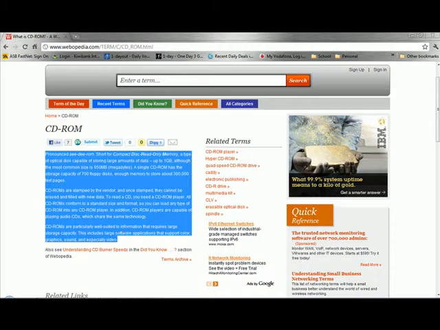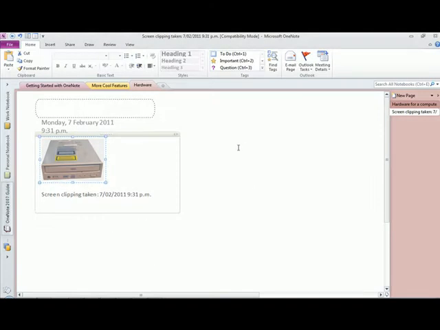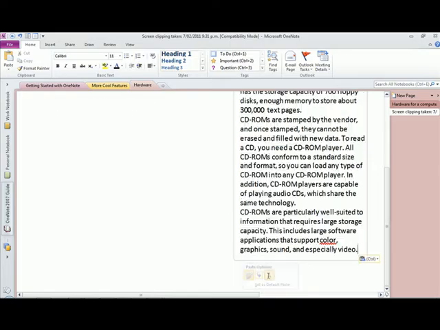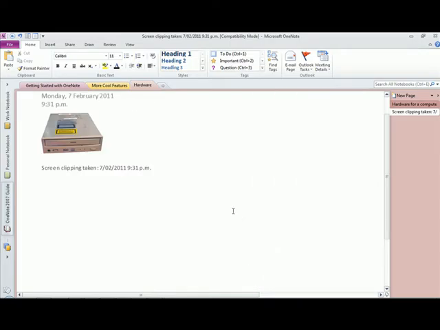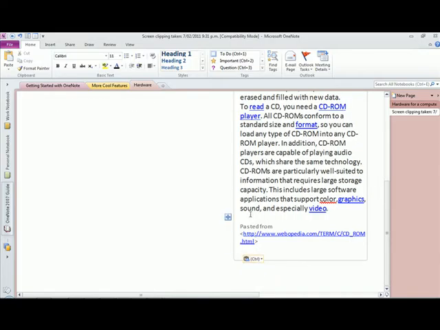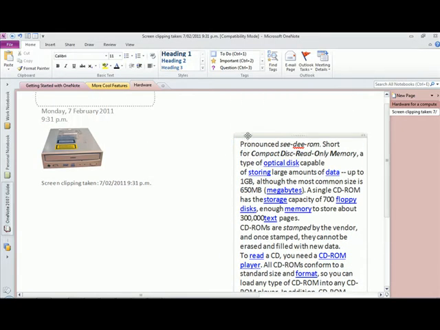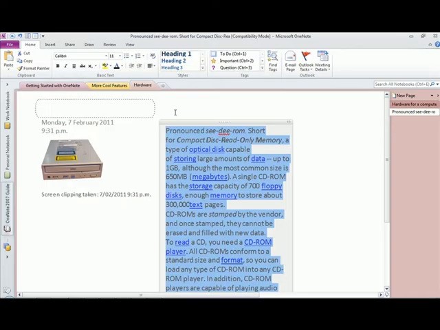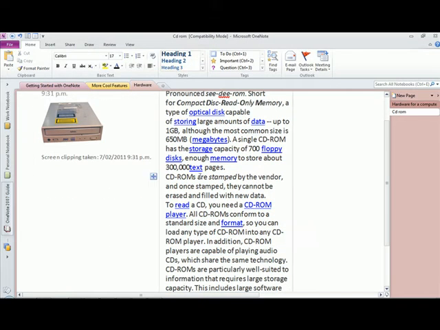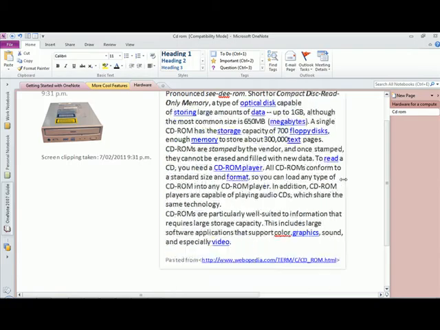I'm going to take all that information here, I'm just going to copy and paste it over into OneNote, click anywhere on the page here, paste it in. I can strip out the formatting if I wanted to. I can keep only the text, or I could decide to keep all the hyperlinks and references in there. At this stage I'm just going to make the formatting all the same, and then I could group those together. I could put on a little heading saying CD-ROM, and then I could resize this particular window so it fits